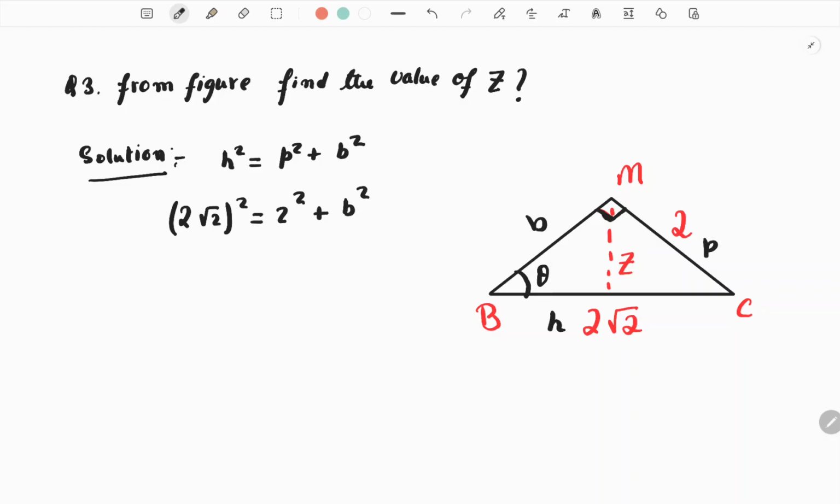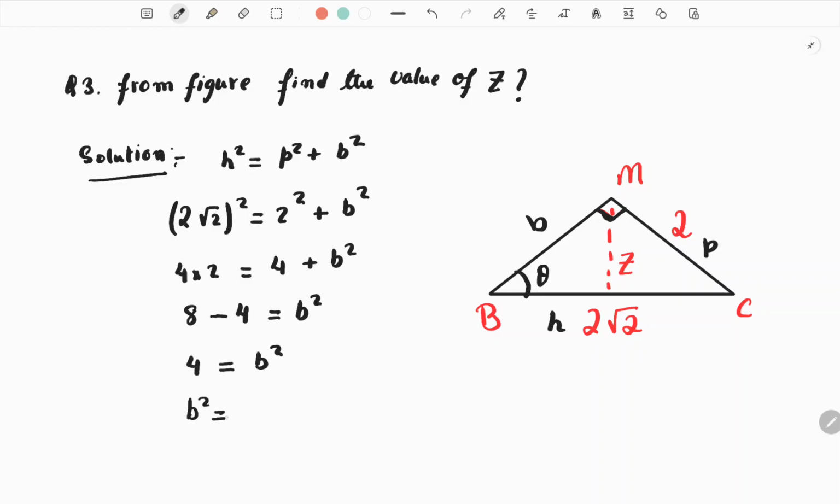So 2 square is 4, root 2 square is 2, which is equal to 2 square, which is 4, plus B square. 4 into 2 is 8, then this one is equal 4. This 4 we can take to the left hand side, so it becomes 8 minus 4, which is equal B square. So 8 minus 4 is 4, which is equal B square. So from here we can write